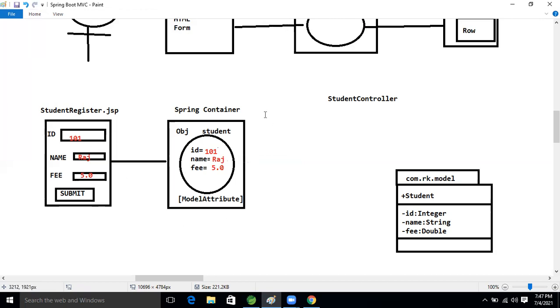Internally this form will convert into a Student object in the IOC container. We will not see these things, but internally our IOC container works like this only.